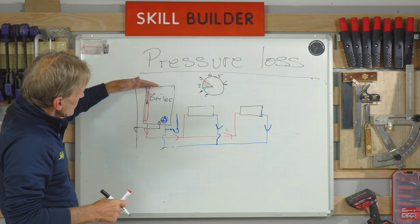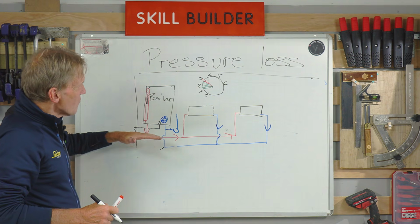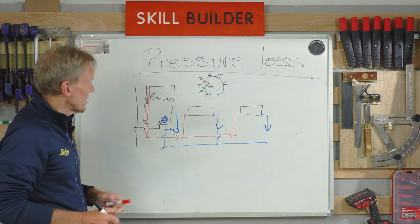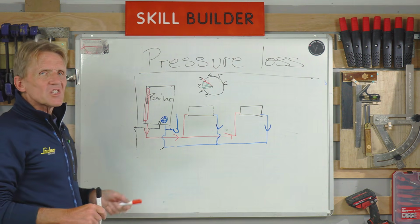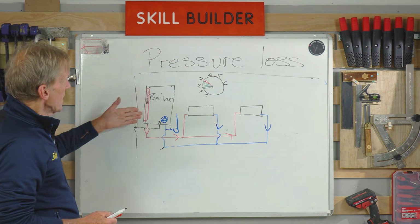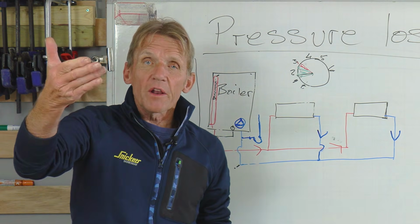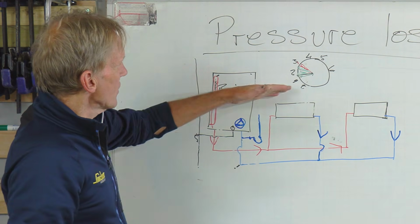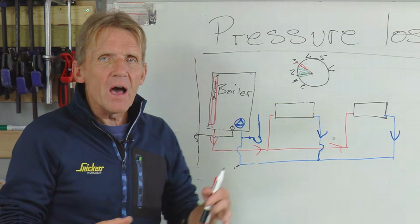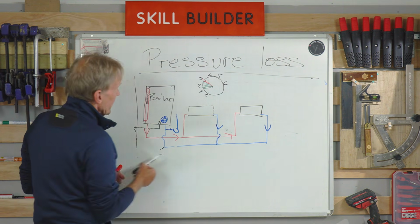So we want to charge that pressure vessel up when that system has got room to take whatever we're going to put into there. Now, what are we going to put into there? We're going to put into there whatever the static pressure of the system is, the cold static pressure of the system. So if the system's working at something like 1 bar static pressure, or 1.5 bar, as I said, we want to top that tank up to about 1.5 bar there, so that when this water is heated up and it expands